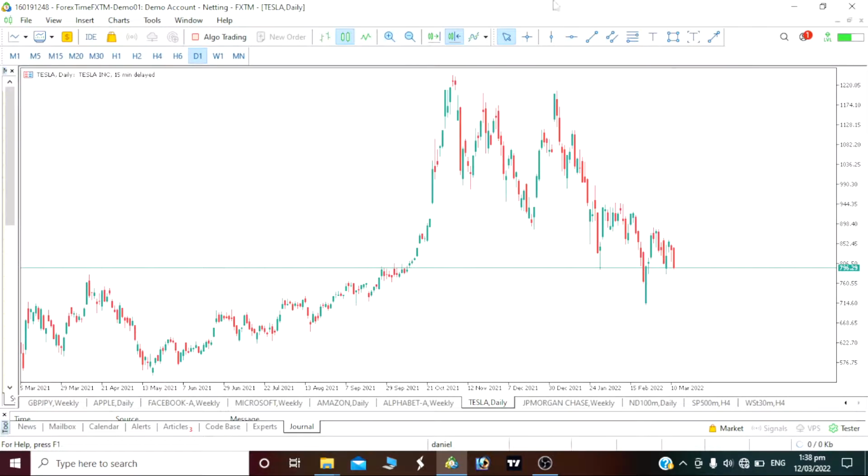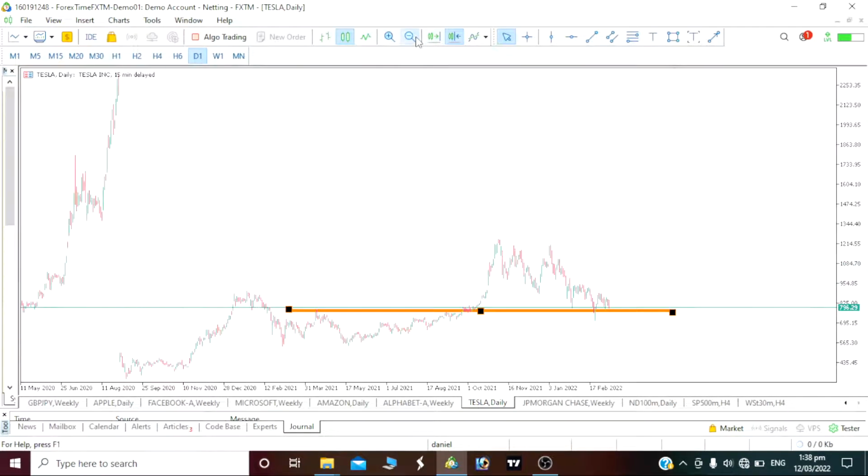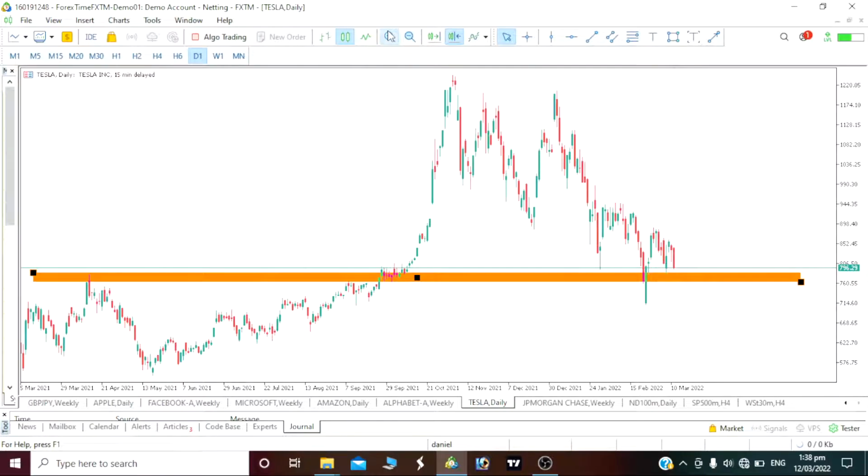On our Tesla, I think our Tesla will still be going down. Let's mark our key area here. On our daily time frame, this is exactly it, I think our Tesla will be pushing down to this area here before you can see that bull push up here and possibly a break of structure. Price can break below this area here and push down, going further to this key area here that I've just marked.